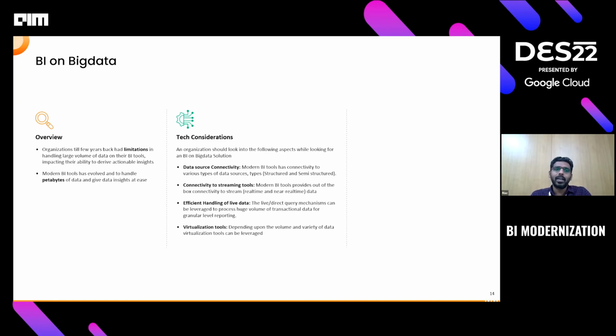And in terms of handling live data, earlier when you wanted to use data in a BI system, you had to take the data, process it, and then use it. The modern BI systems have a lot of inbuilt in-memory capability, so they can handle large volumes of data. The data can reside in the database itself, and the BI tool can connect with the data source in a direct mode or live query mode. So it can access